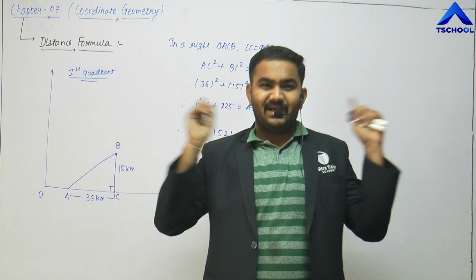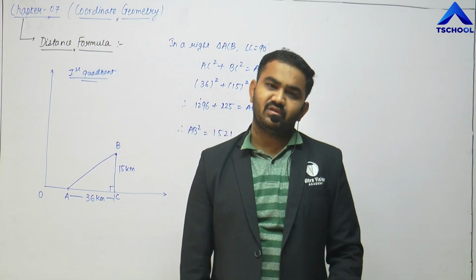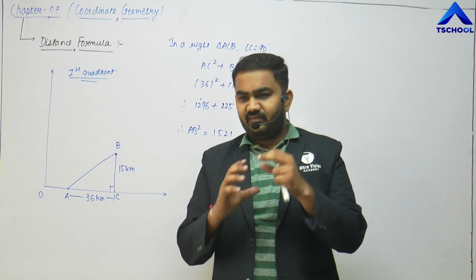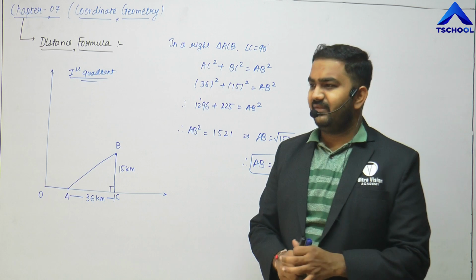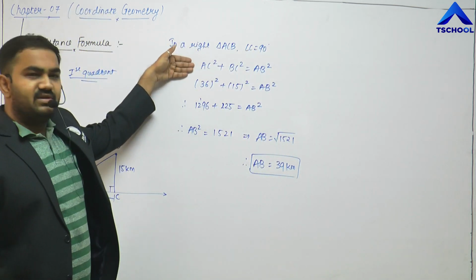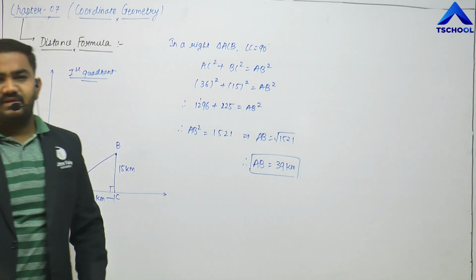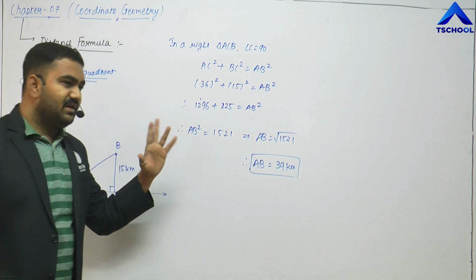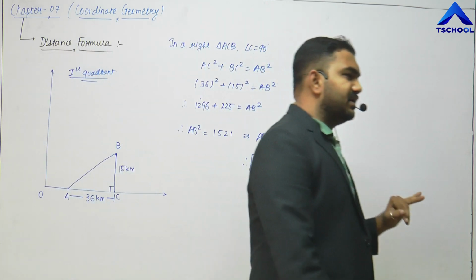Then I can directly find out the distance between Surat and Ahmedabad. Yes or no? Because there we shall form such a triangle, and then we can directly find out using the equation, that is, the sum of the squares of two sides is equal to the square of the third side, right? So in this way we can find out the distance between two places.